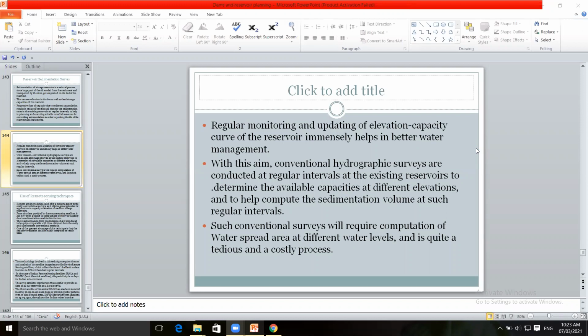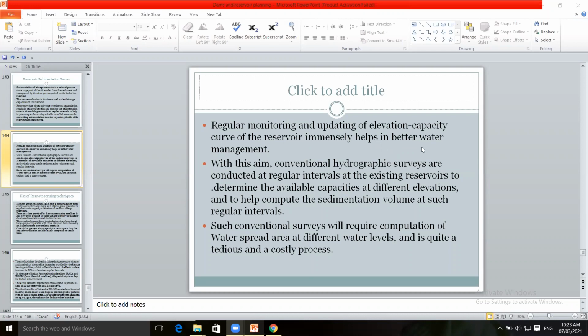How do we find the storage capacity? Area elevation curve and capacity elevation curve. So continuous monitoring is done of the capacity elevation curve and area elevation curve, which are updated day by day. Continuously the monitoring is done, continuously the survey is done. Due to this regular maintenance, regular monitoring and updating of the area elevation curve and capacity elevation curve, we can decide the reservoir capacity, how much sedimentation is done